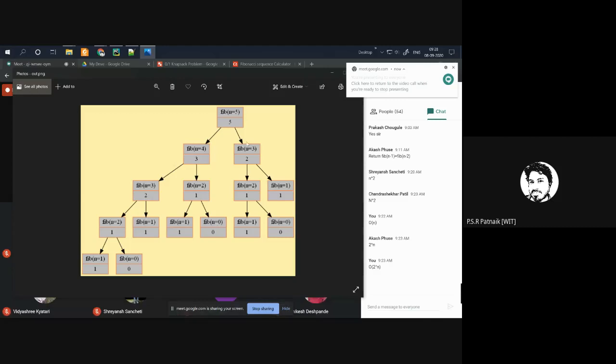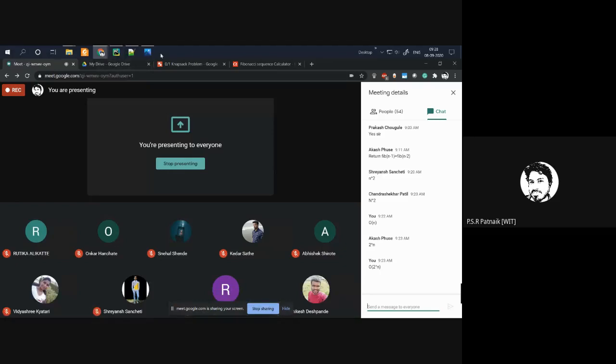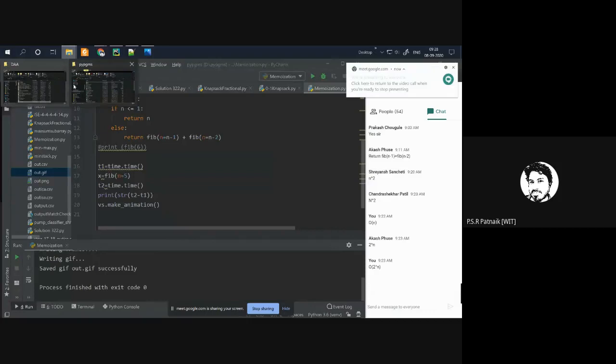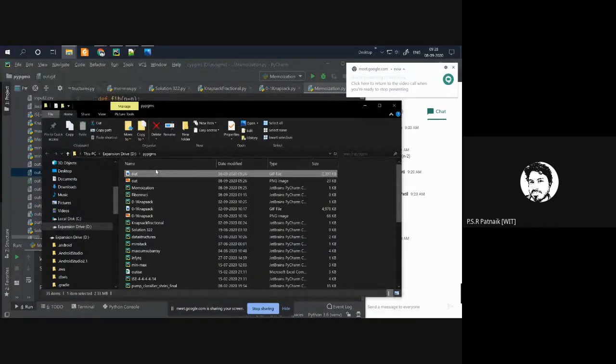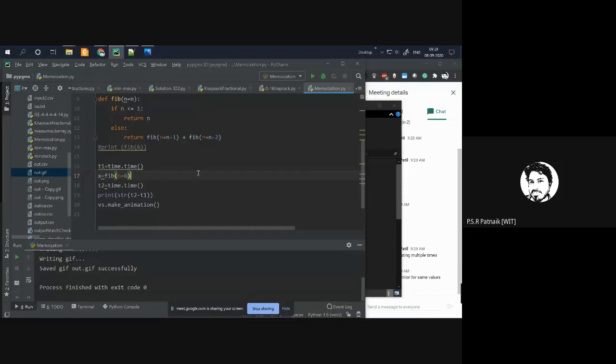Do you want me to show what the recursion tree is for n is equal to 6? It would be far more different. So this is n is equal to 5, right? Let me do it for n is equal to 6 as well. Before I do that, I will save this program first. Okay, so I have created a copy of them, and now from 5 I'll make it 6, right? If I make it n is equal to 6, and then run this,